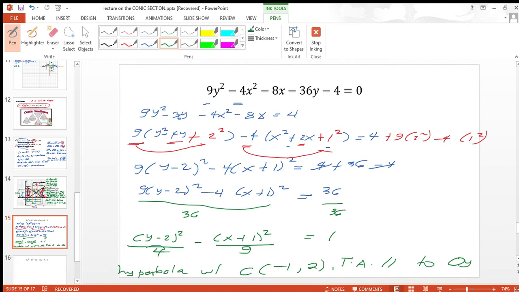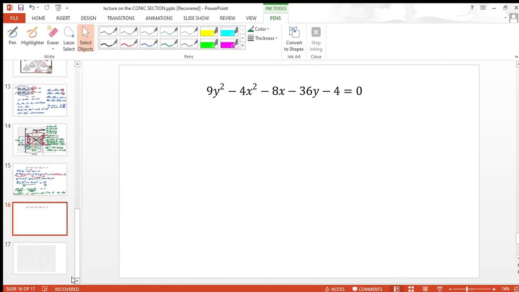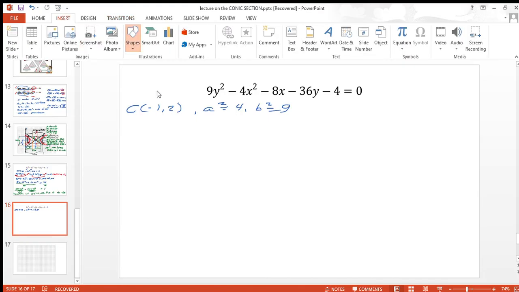This will now be your a squared. This will now be your b squared. Center is at minus 1, 2, and then we have a squared is 4, b squared is 9. So if we will now draw our